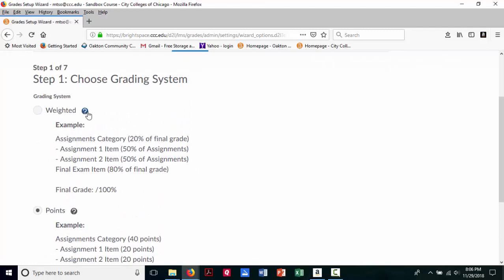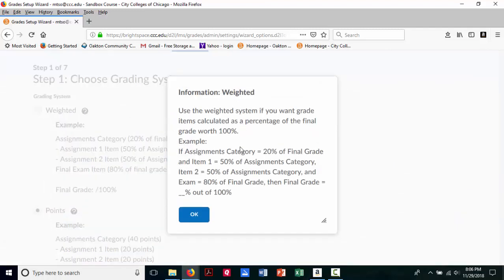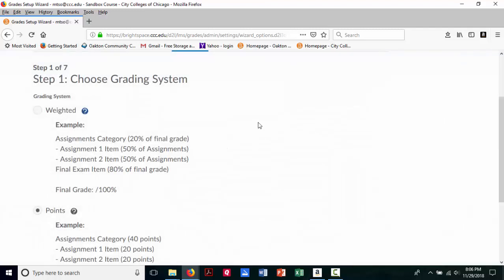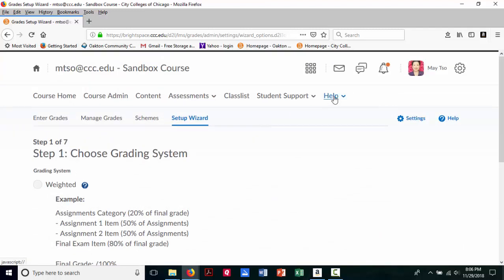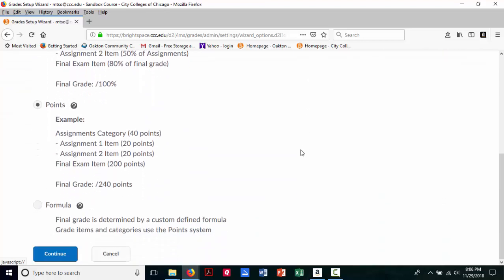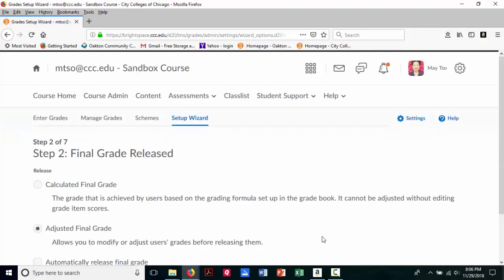If you also noted that if you click on any of the question marks, it will always drop down with an information explanation. Sometimes the explanation may not be as sufficient as you would like. You can always go back to Help up here on your navigation bar and get some more information. Okay, and again, the general default is always the point system. So I will hit continue to move on to the next